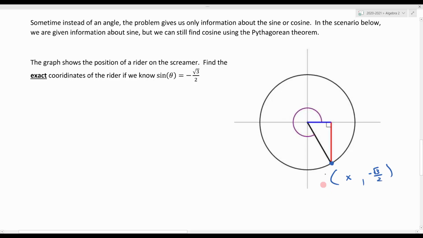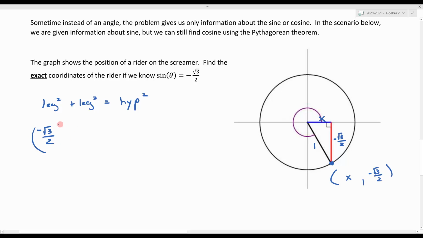What we don't know is x, right? We need to figure out what x is to complete our coordinate. So we know this side of the triangle, since they told us sine, we know this side is negative root 3 over 2. We know the hypotenuse is always 1, and the side that we're missing here is x. So this is still a right triangle. According to the Pythagorean theorem, we can do legs squared plus legs squared equals hypotenuse squared. So if I'm looking at my diagram, we know one of the legs, we know the hypotenuse. So here's one of my legs, negative root 3 over 2,